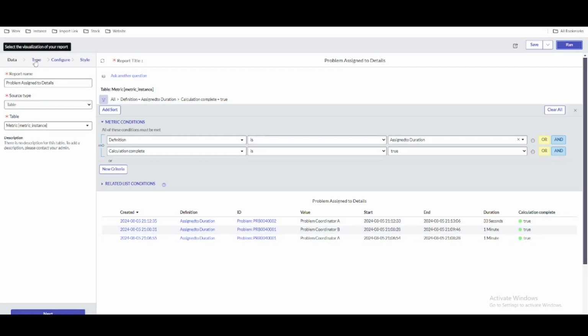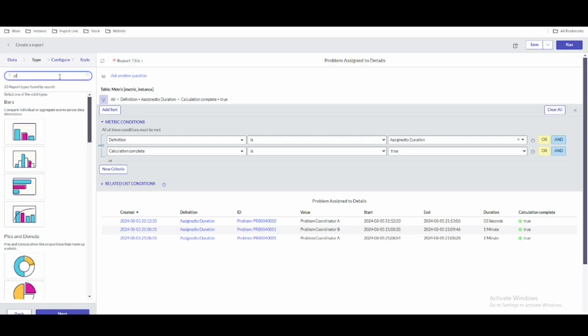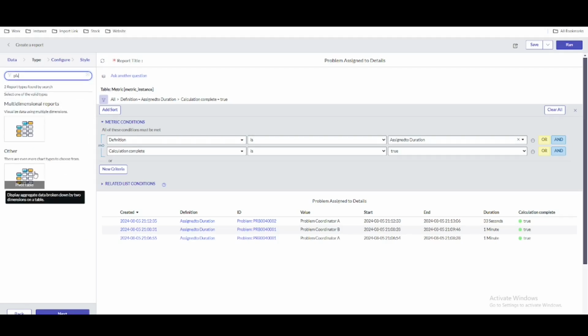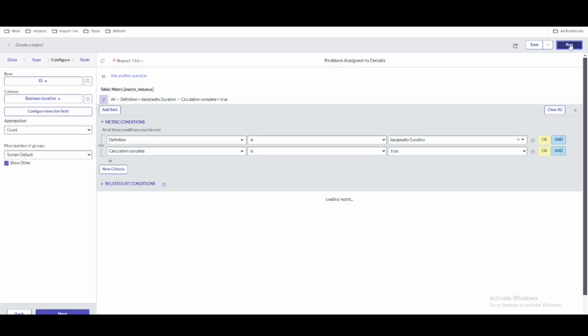So let's say group by type, and then we'll use the pivot table for the time being, and click next. Row. So in our row, the name will be ID. So we'll select ID and then run. So you can see for problem 001 there are 2 records, problem 002 there is a